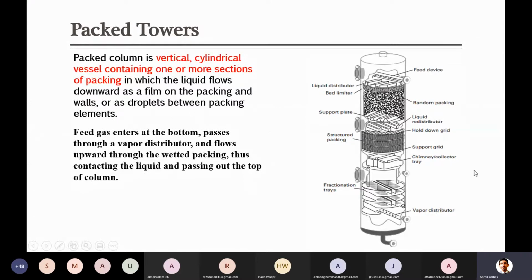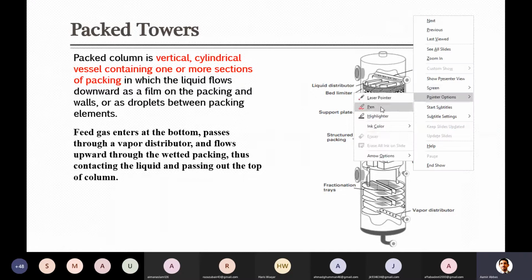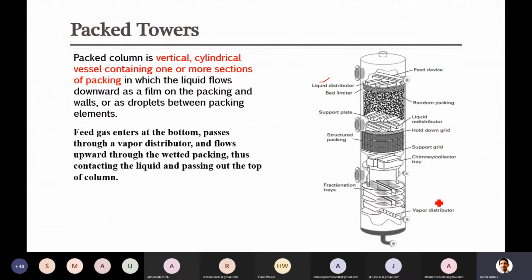At the bottom there is a vapor distributor, and at the top there is a liquid distributor. They provide homogeneous, or overall proper, distribution of the liquid as well as vapor throughout the column. You don't just push the vapors inside the column through one main line; there is a main line, and then there are various points of outlet from this main pipe towards the column. Overall it is called uniform distribution, for the uniform distribution throughout the body of this column.